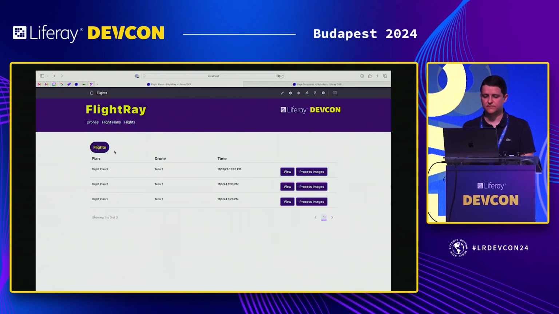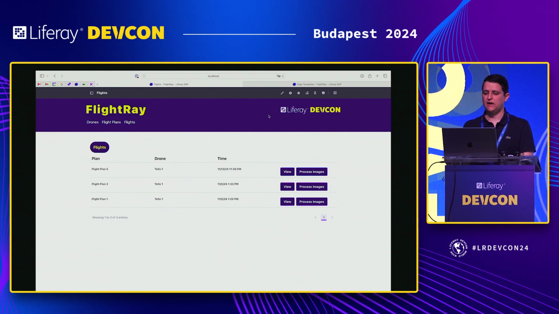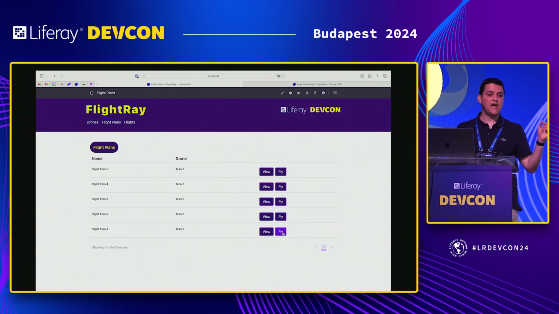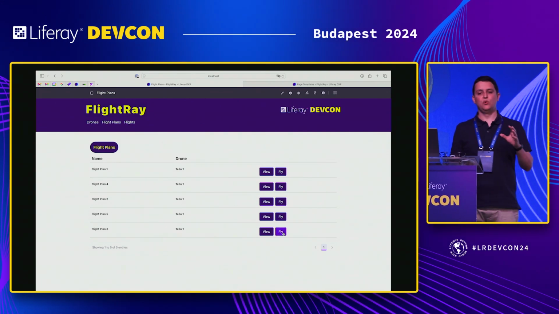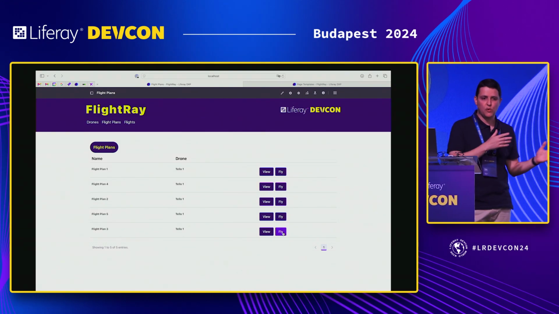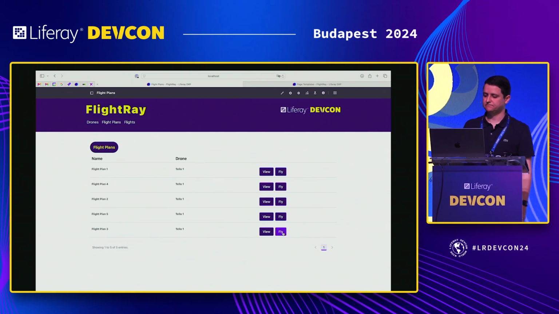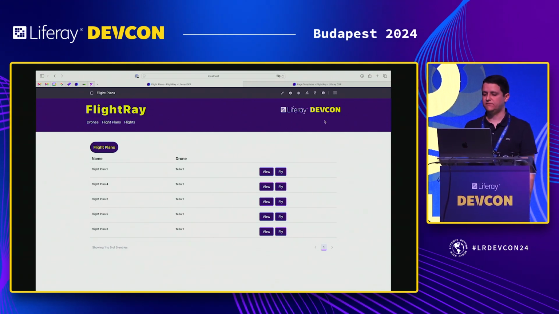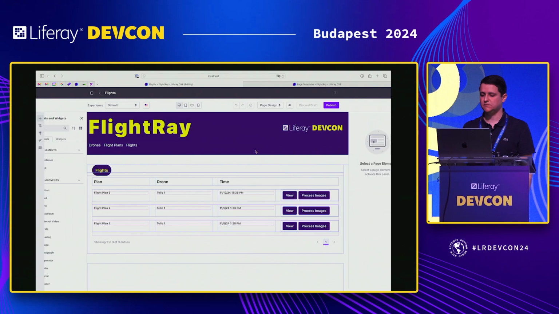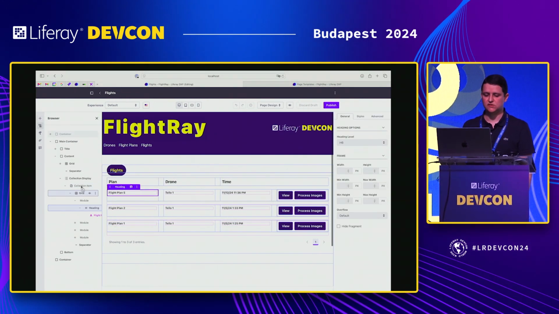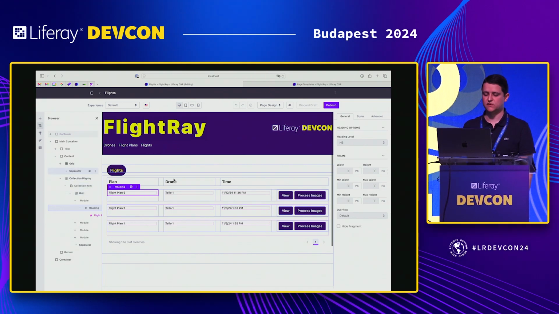And the flights. So here, there are some examples. This is a flight. When we click, flight plan. When we click on fly, we will trigger an object action that will connect with the drone, and the drone will run our flight plan, and it will run all the commands. So in flights, it's another display page template too. I map it using this collection display with each field.